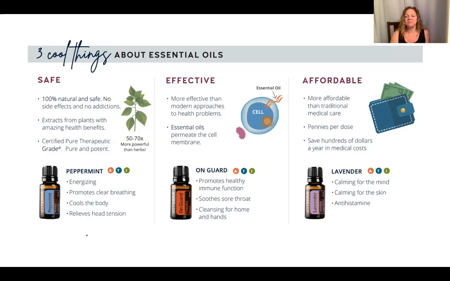So one of the oils that I want to talk about in this section is lavender. And lavender is amazing for so many different things. We think of it as good for sleep, and it is. It's a very calming, restful oil, but it's also great for the skin. I keep a roller bottle of it diluted in our kitchen for any mommy mishaps with the oven mitts, or a pan. I forget that it's cast iron and I grab the handle. Things like that. I like to have it on hand for that. It's very soothing for the skin.